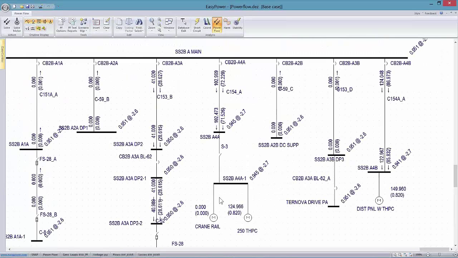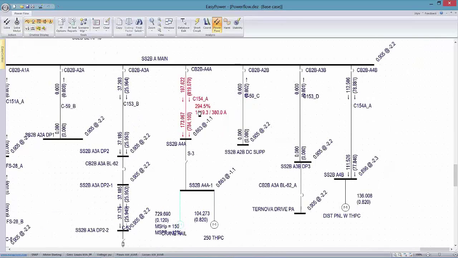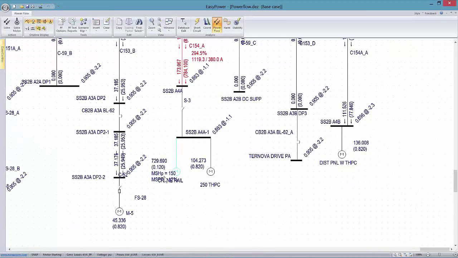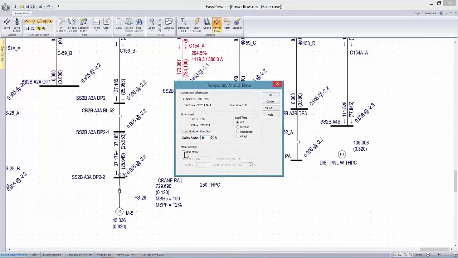All right, so we don't have an overload condition as we solve the motor. Now we'll start, or we solve the system. Now we'll start the motor, and you can see that the voltage is pulled down to 0.905. We actually had a surge that looks like it's 300% of what the rating of the motor is, and that's with this motor running normally. If both of these motors start at the same time,